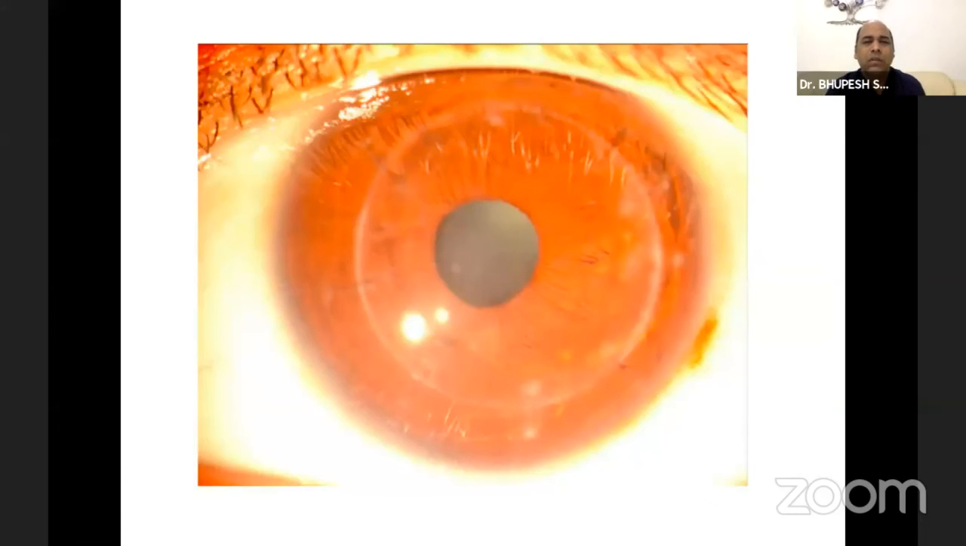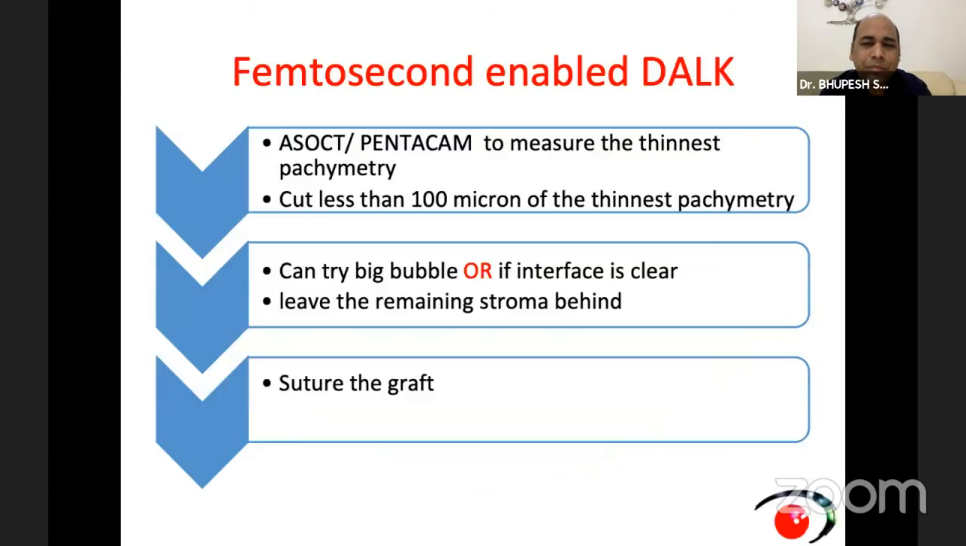This is a post-op photograph of the same patient. You can see the nicely attached graft, no overriding or any haze. And femtosecond enabled DALKs are also being done from the last 1 decade. But till now, for femtosecond assisted DALK, the AS-OCT or Pentacam used to be done to measure the thinnest pachymetry. And then we have to cut less than 100 micron or 80 micron up to the thinnest pachymetry. And then we try big bubble, or if the interface is clear, leave the remaining stroma behind and suture